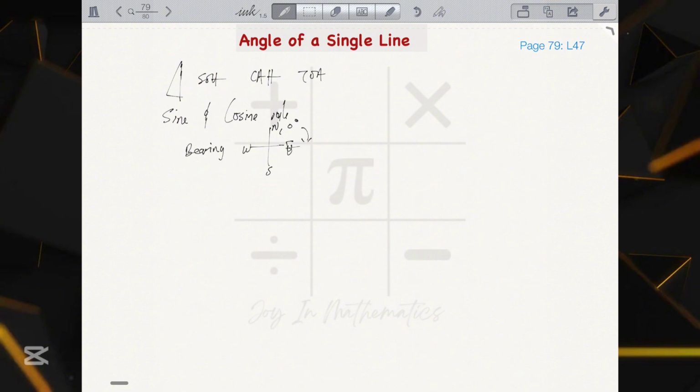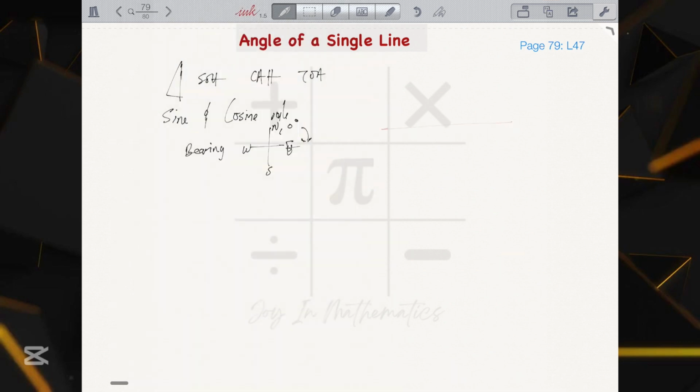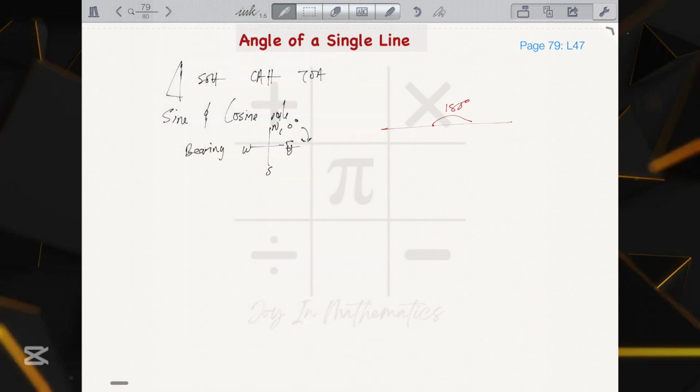in a clockwise direction. Now I want to look at another application of trigonometry, and this is finding the angle of a single line. So let's look at it together. We know that the angle on a straight line is equal to 180 degrees. What if we have an equation of a line? We know that the equation of a line